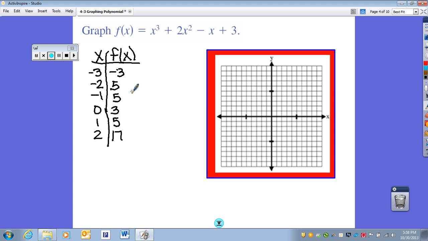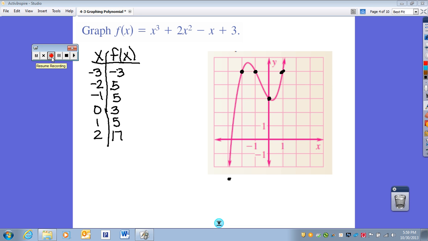So I want to plot these 6 points onto my coordinate grid, and then I want to draw my cubic function. When I plot these points, my first point, -3, was off the graph that I selected. Then I'm going to plot (-2, 5), (-1, 5), (0, 3), (1, 5), and then my point at 2 will be off the graph. So what we want to do then is to draw our cubic function and make the curve